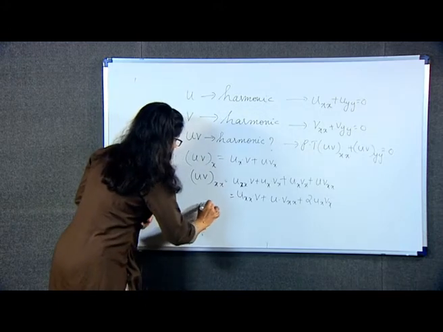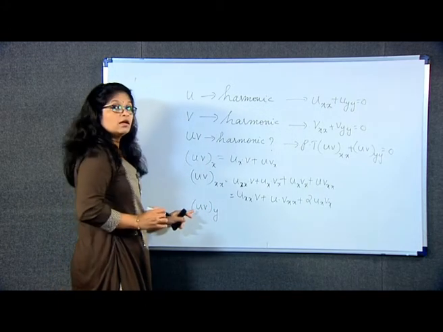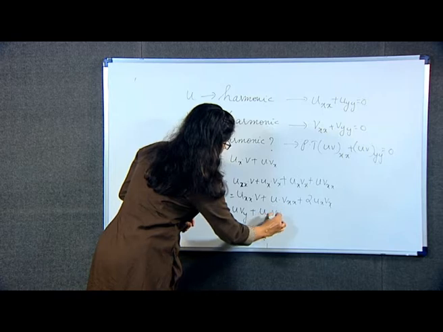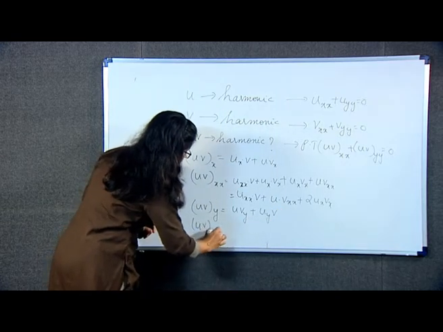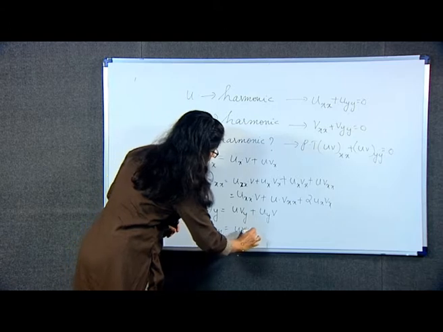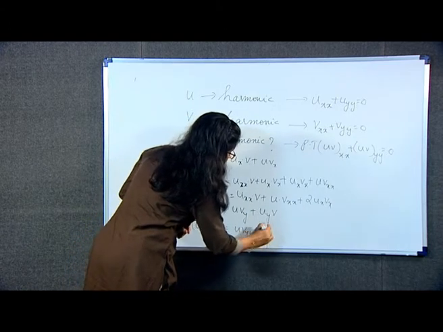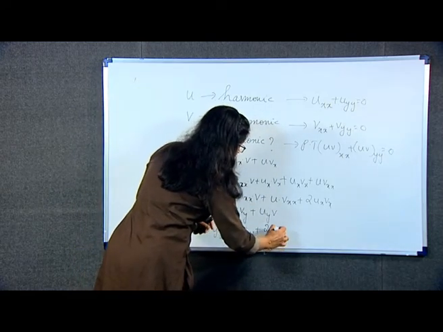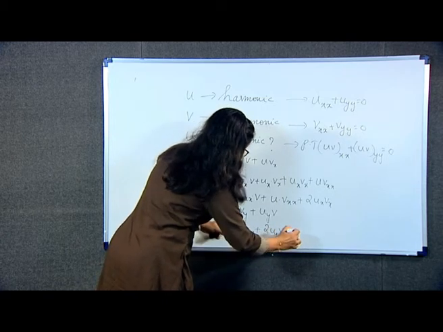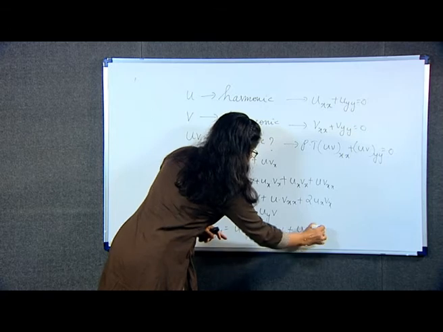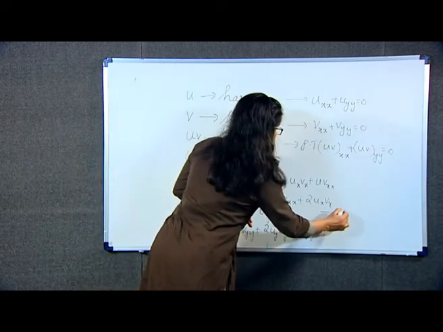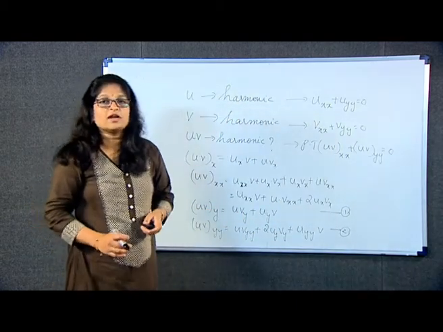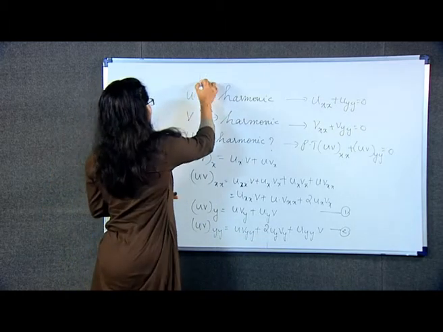Now, in the same way I proceed to find the derivative of uv with respect to y. So, it is uvy plus uyv. If I go for the second order derivative, what do I get? I can quickly write it because it is going to be similar. Replacing your x with y, I get u into vyy plus 2 times uy into vy plus uyy into v. So, I have two equations, 1 and 2 here.